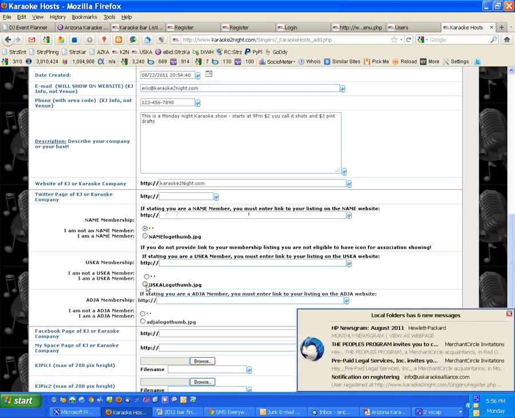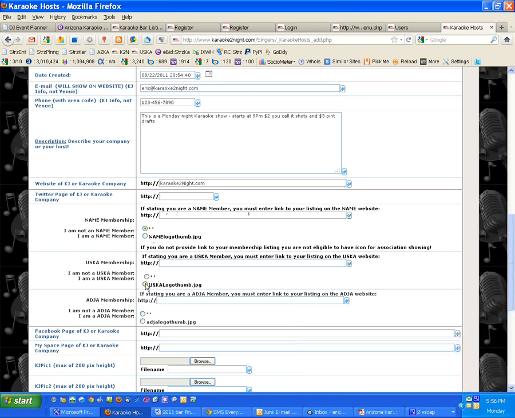If you're a member of USKA, go to the USKA site, find your listing, cut and paste it in here, and then put the USKA logo there, or put that I'm not. If you're a member of ADGA, go to your listing, get a copy of it right there, and it'll actually link right into your listing, and then put your ADGA logo there. Now I'm going to put I'm not here. Actually, let's go ahead and we're going to have no links there, but I want to show you what these